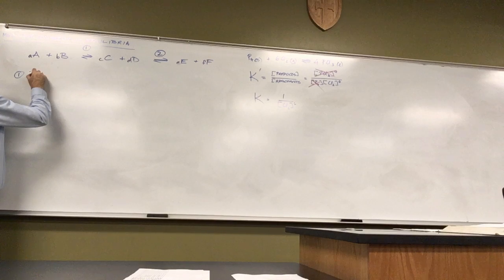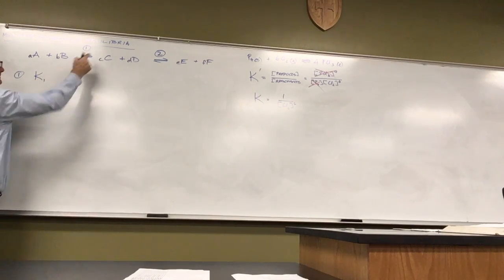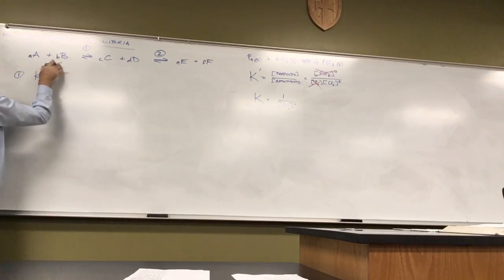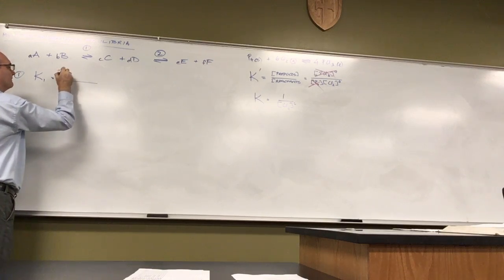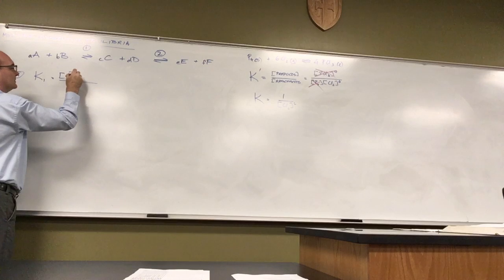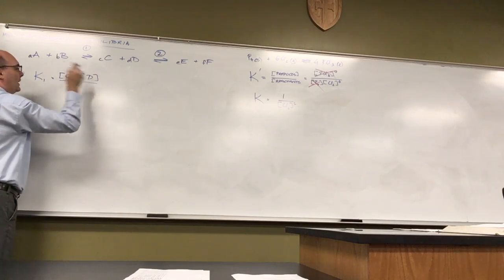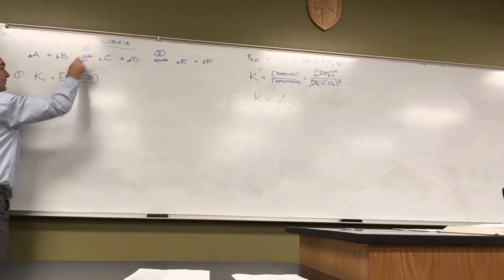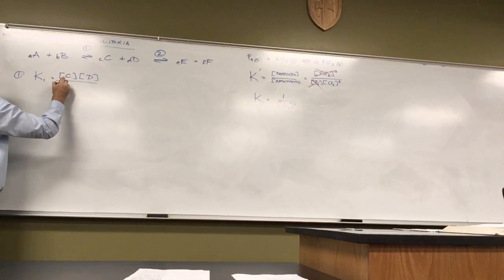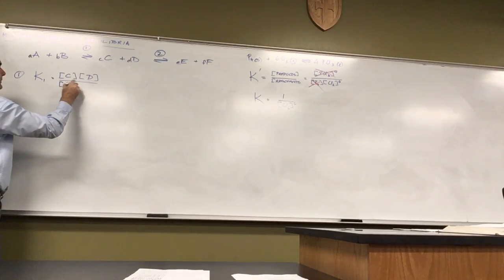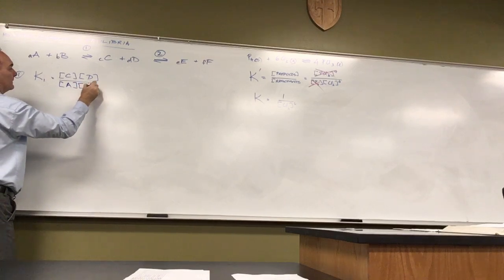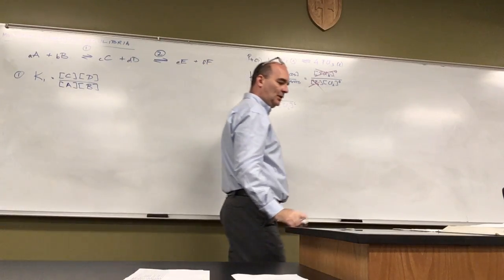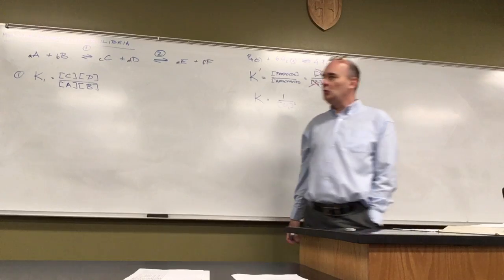Step 1, K1 is product divided by reactant. So the product of step 1 is C and D. I'm going to multiply those together. They should be raised by the coefficients. And then divide by the reactants in step 1. If I look at step 2,